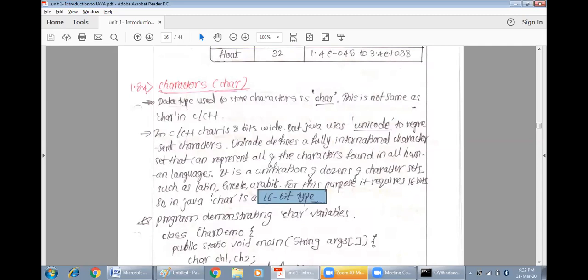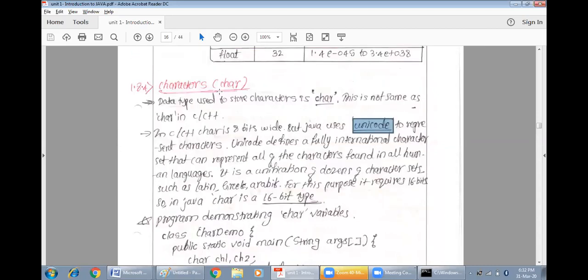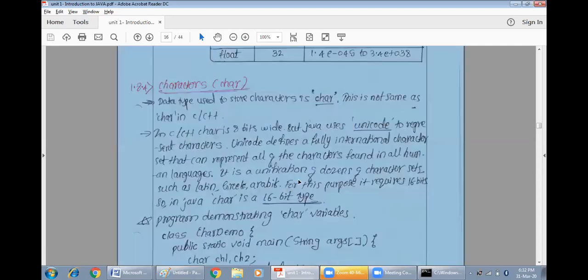Because it contains special characters for each and every character in all the languages, such as Latin, Greek, etc. For every character in all the languages, there is one independent symbol, which is represented with the help of Unicode. That's why in Java the character data type takes 16 bits, because more space is required for representing every special character in all the languages. So this is 16 bits wide.